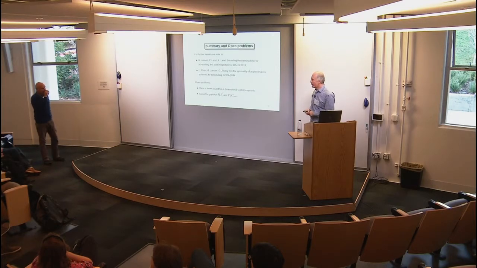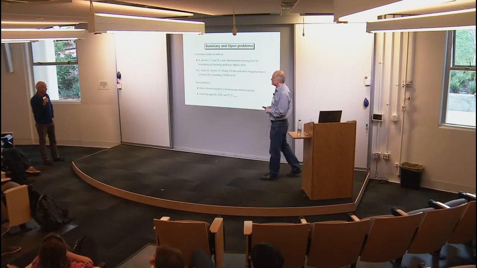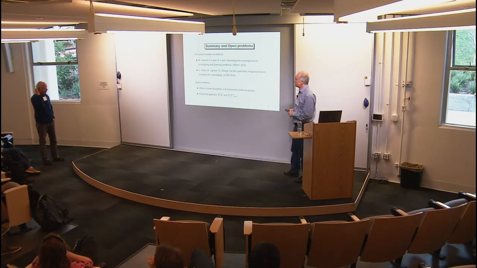Klaus, I have a question. There's this famous problem that's in the Garey and Johnson list, in the back, of the 10 open problems. It's k-processor scheduling, unit task length, precedence constrained scheduling. I think the current state is that it's known to be polynomial for 1 and 2 machines, and there was a claim for many years that it was polynomial for 3, but nobody ever saw a proof.